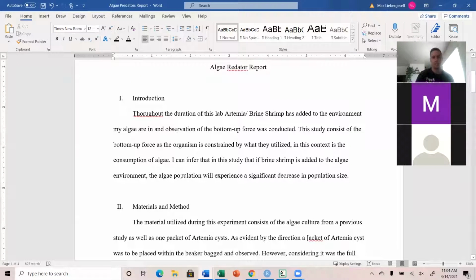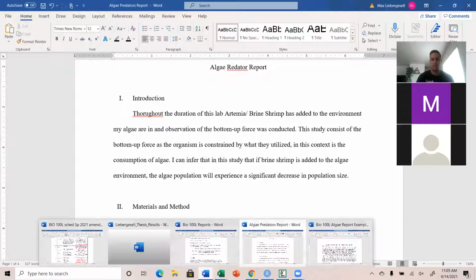With this one, it says, throughout the duration of this lab, Artemia brine shrimp was added to the environment. My algae are in an observation of the bottom-up forces that were conducted. This study consists of bottom-up forces of the organism is constrained by what they utilize. In this context, it is the consumption of algae. So it's kind of setting up some sort of bottom-up forces in this little environment that you've created. And then it goes on to discuss their hypothesis. Now, when we compare this to the other study,